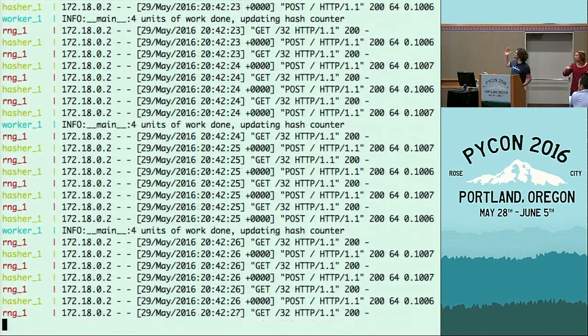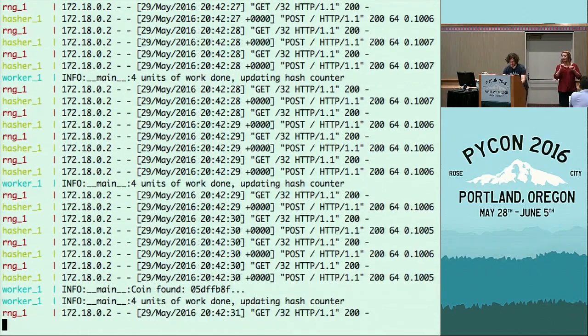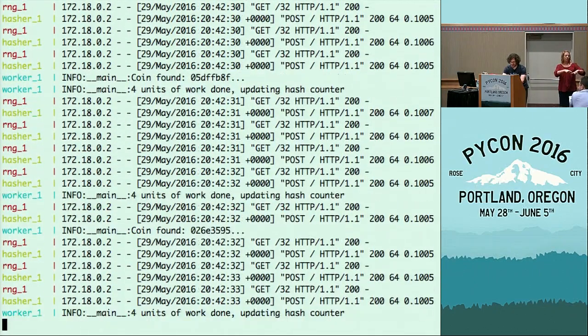So that's the logs of the application. And so we can see this whole loop. I'm going to pause that with Control S. I can see RNG says, yep, we got some random data. Then hasher says, yep, we posted some data. And then it's again RNG and hasher and RNG and hasher. And once in a while, worker tells us, I've done 4 units of work so far, and now I'm updating